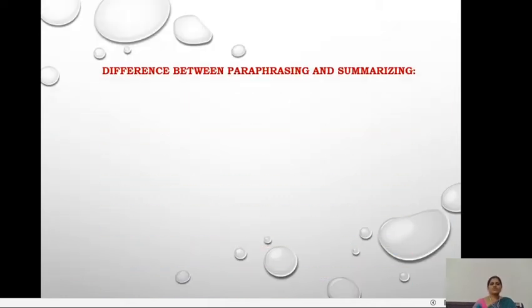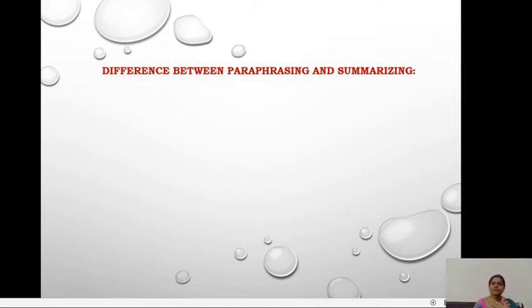And what is the difference between paraphrasing and summarizing then? A summary is a shortened version of the original text, and we focus only on the main ideas and key ideas of what the author stated. There is no scope to express your personal opinions or ideas in the summary. Whatever the author says, only those main points we convert into our words, and exactly what the author said should be conveyed. That is how we summarize.